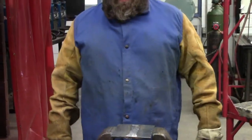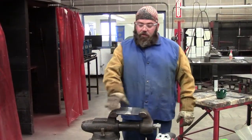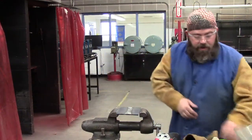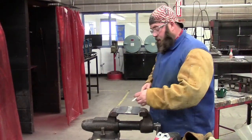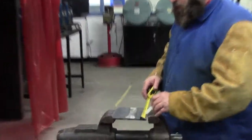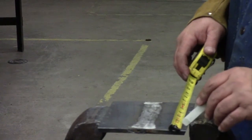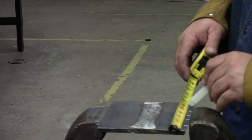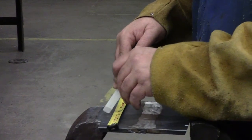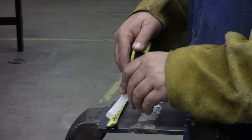Now that we have ground the face of the weld off flush, remembering that our grind marks are running in the same direction of bending, I'll lay this out for your bend straps. Remember, you find the center and you move each way of center 1 inch, and then from that 1 inch mark you move 1.5 inches. Same thing, find the center, which is 3.5, move 1/2 inch or 1 inch each way,